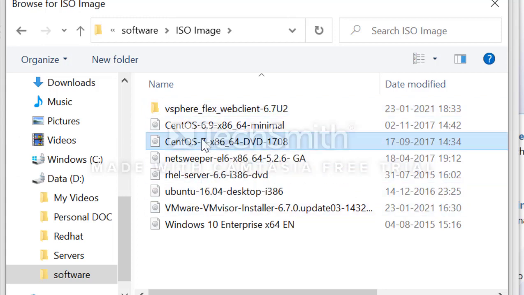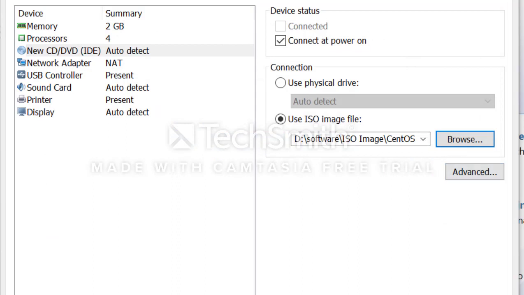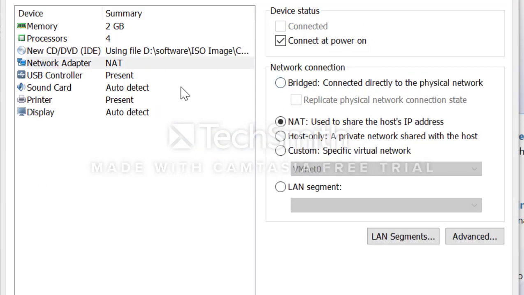You can select this CentOS 7 image. Then see the network option. It is selected to NAT, which is good for me. You can select any one of the options like bridged, host only, or custom to provide the IP address to your virtual machine. So NAT is okay for me.